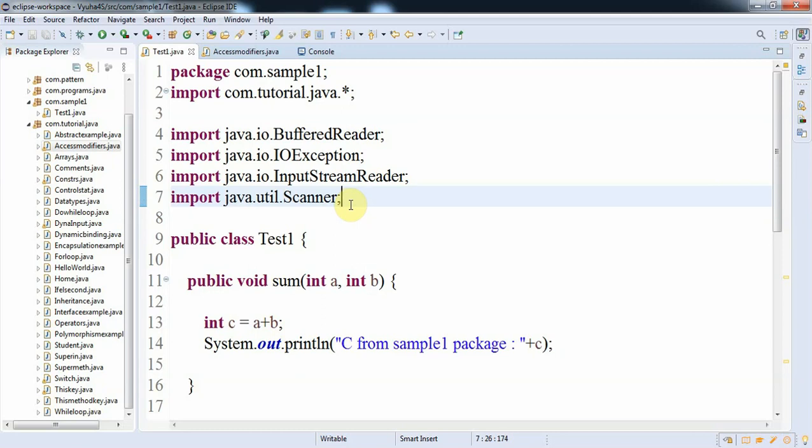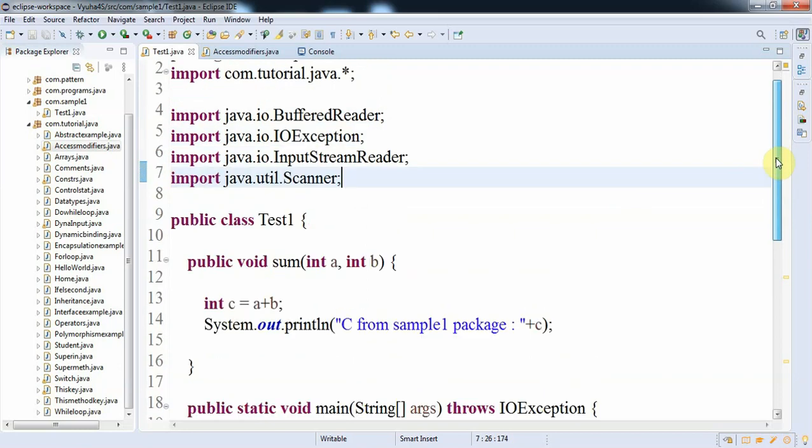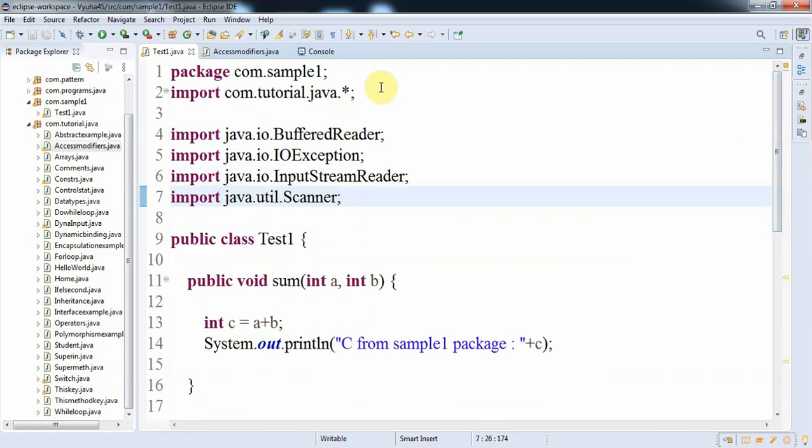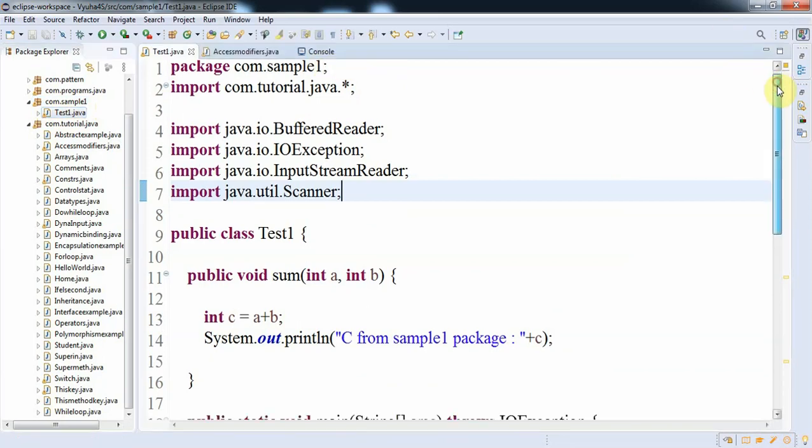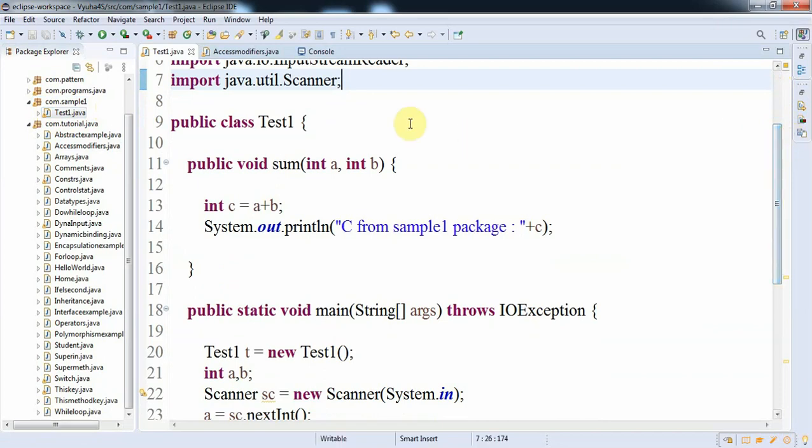For example, first I will explain you what are Java built-in packages. So here I have created a package named com.sample1, and inside which I have created a class named test1. You can observe I have added public void sum.